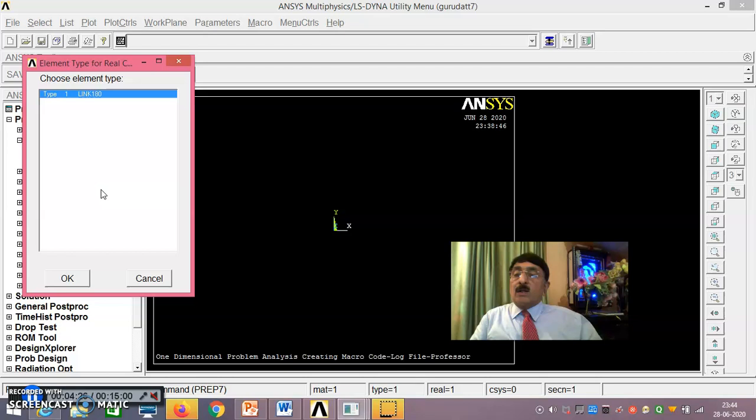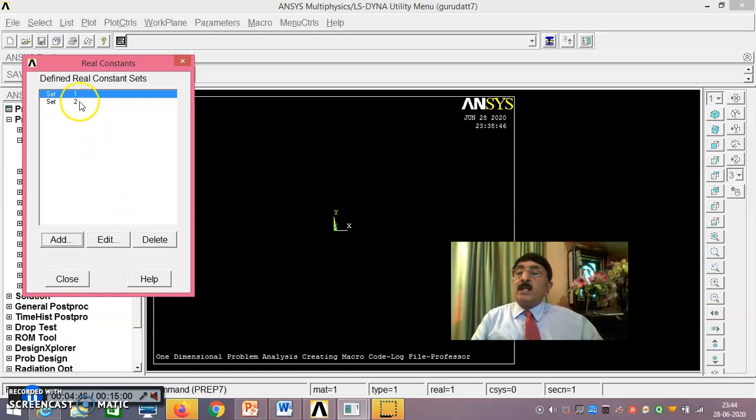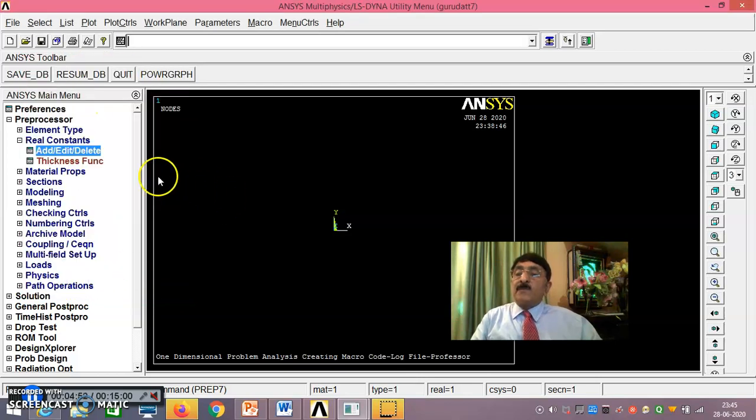For link element, link 180, you need the real constant. First one has got a cross-sectional area of 900. You put 900. Just say apply. Then the second one has a real constant of 600. Okay, 2 real constants have been created, 1 and 2. 1 for steel, 1 for aluminum. You just say close.